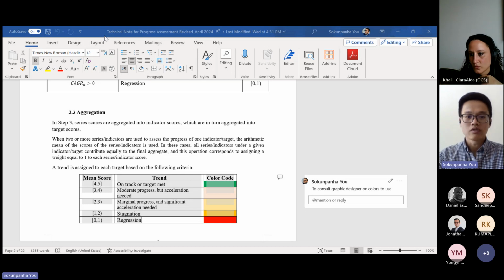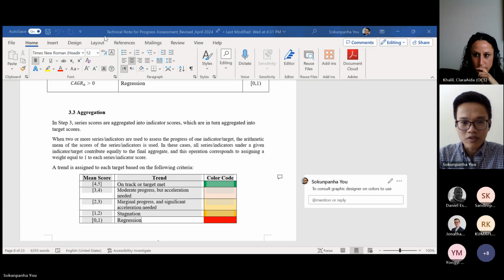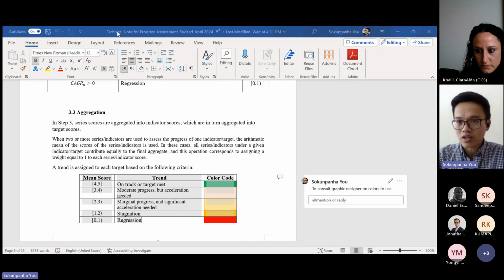WHO is doing very detailed assessment on health, FAO on agriculture, and then we have regional commissions doing very detailed assessments for their own respective parts of the world. So we definitely will communicate that our report is not meant to replace anything else. It's just one of the many versions of progress assessments that are done in the whole UN system. Thanks.